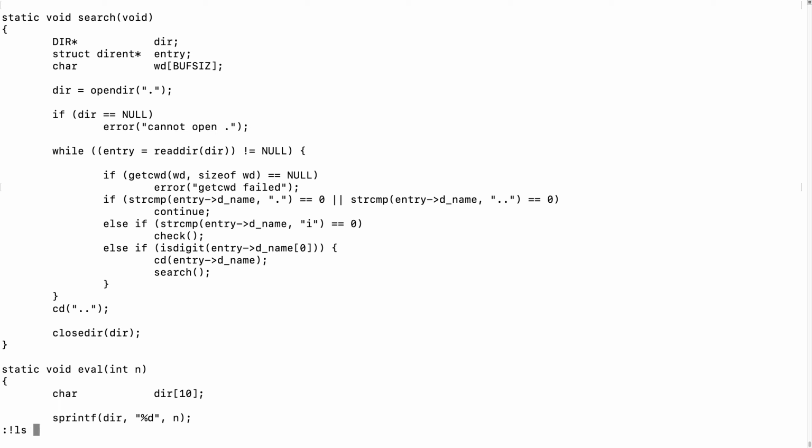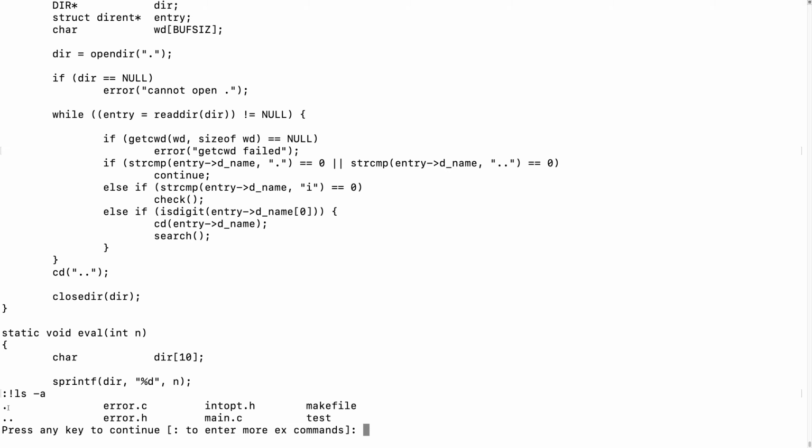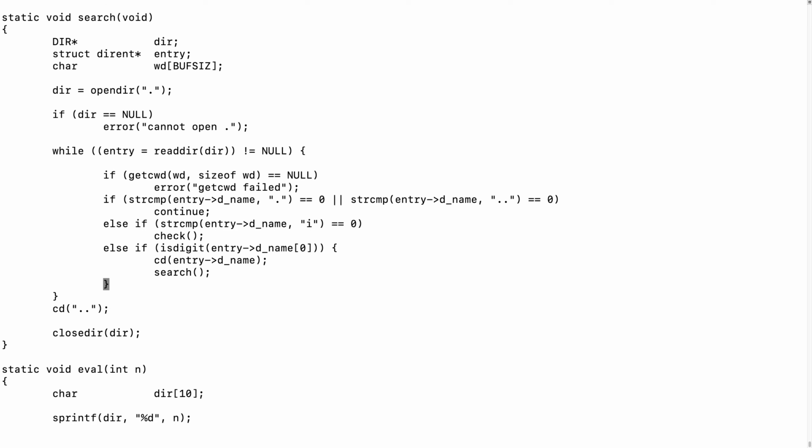If we list all files in a directory, then we use -a. -a means that we will see files that start with a dot as well. They are usually not listed with ls. Okay, so these are the files. Okay, and what we do, now we have done a cd to that directory, then we open this directory, and